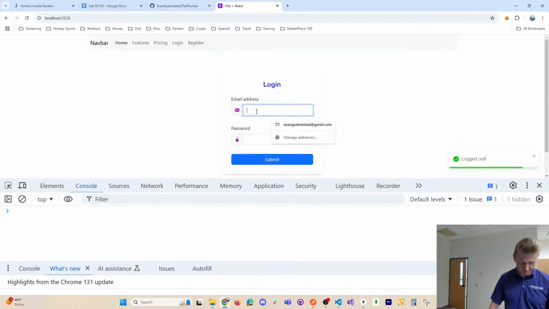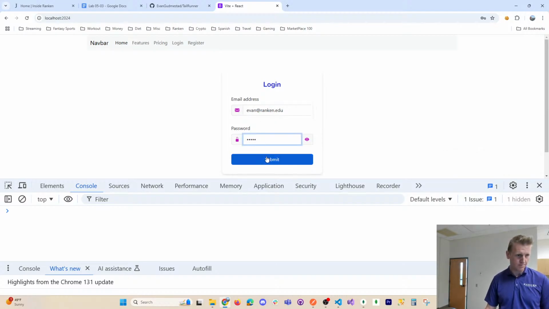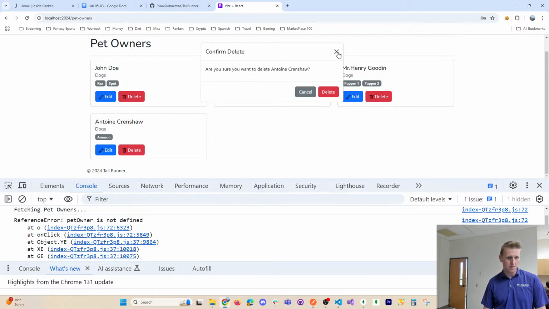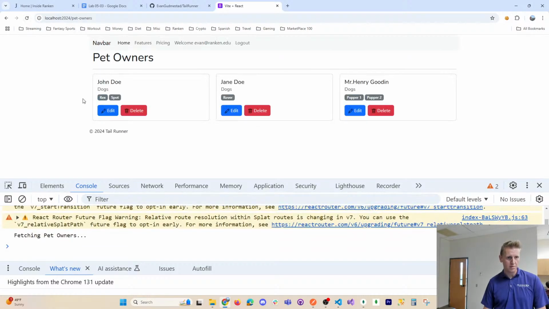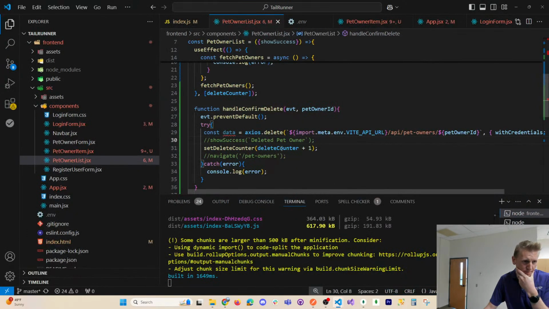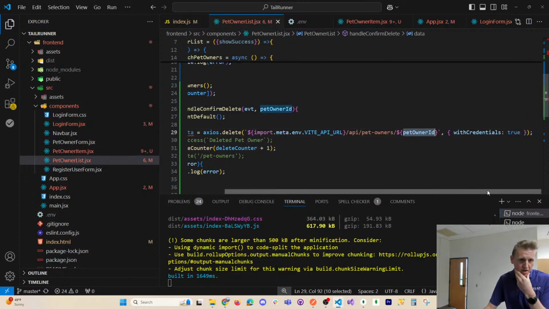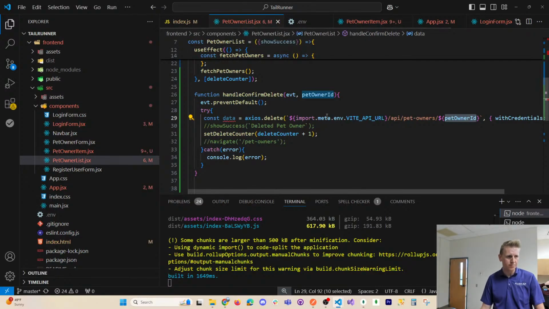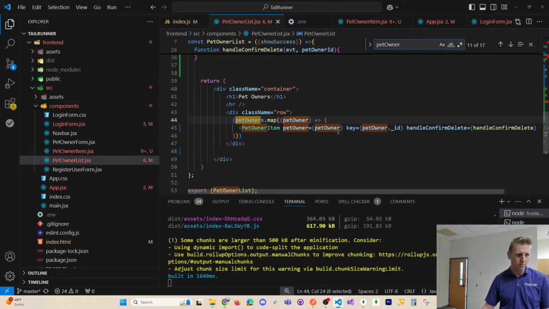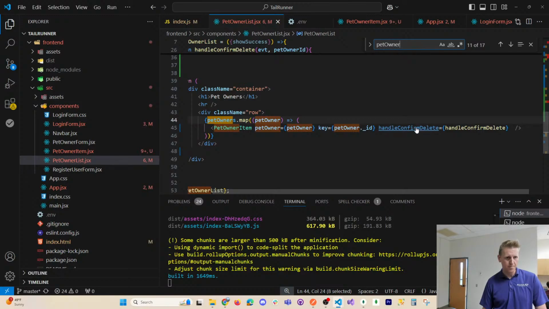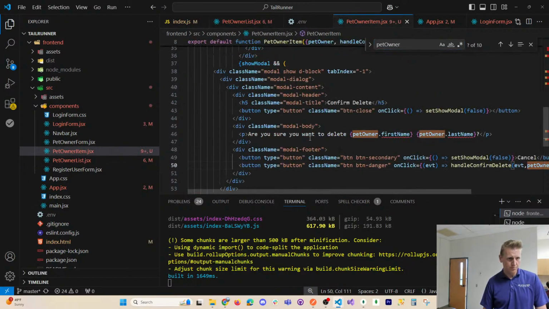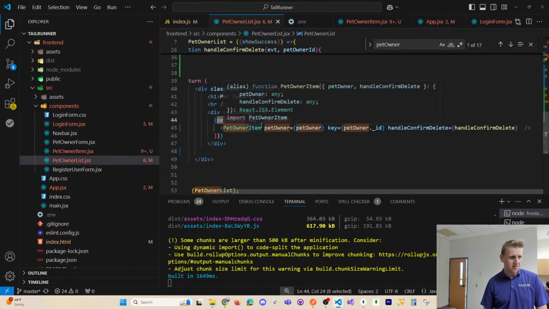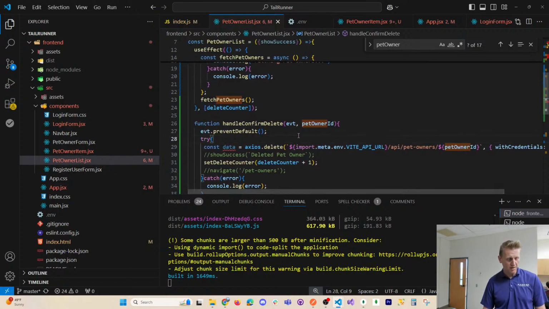Clear it out, log out. We're almost out of Antoine's. Same error. Pet owner is not defined. Pet owner ID. So we're definitely running this delete method. And I think